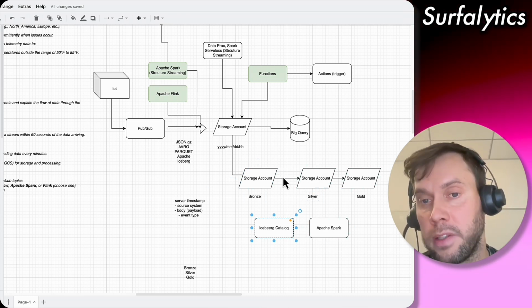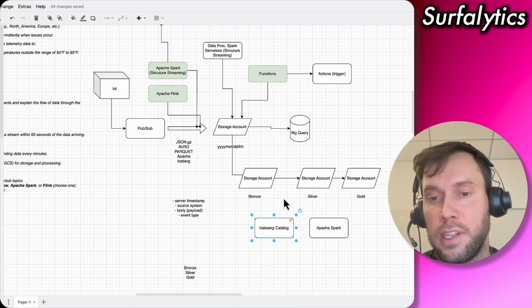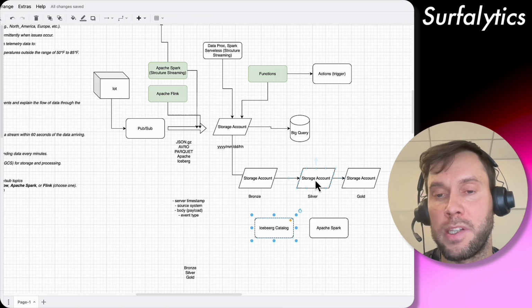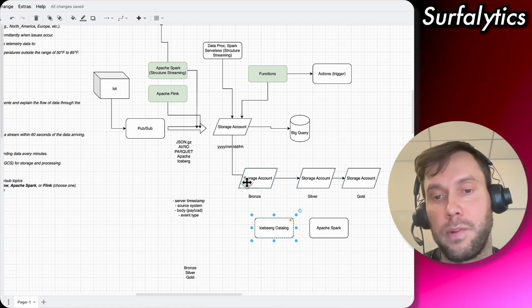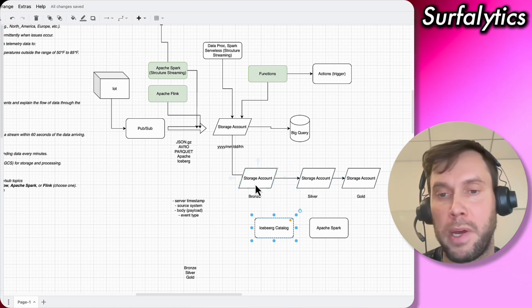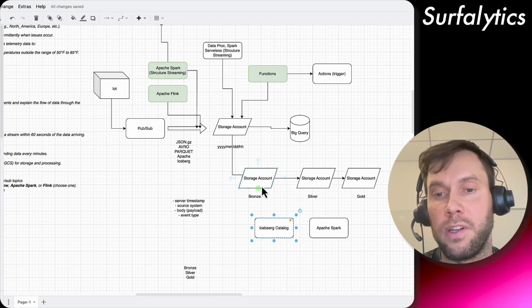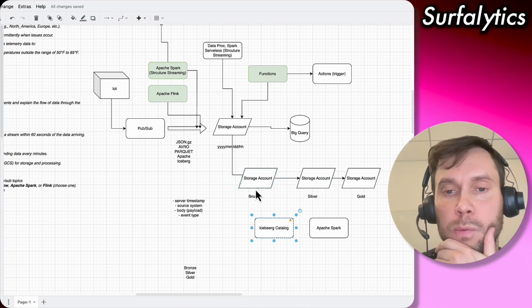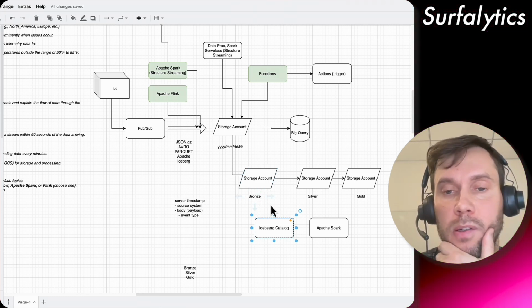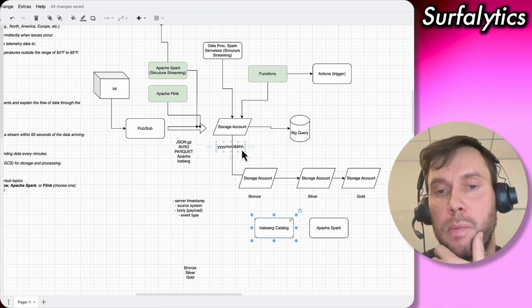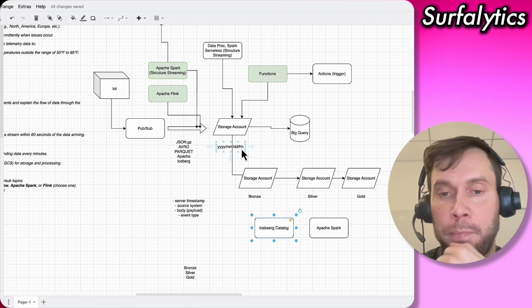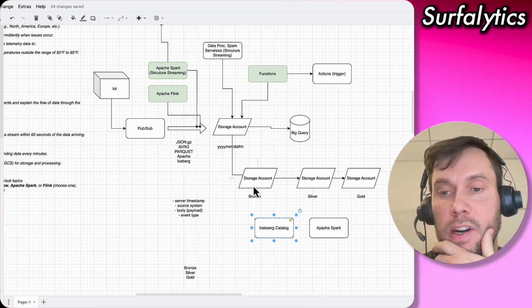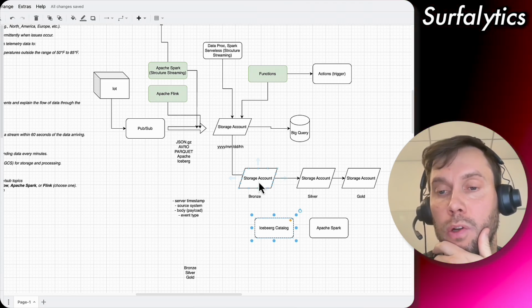In terms of how frequently I can run, for the bronze and silver, I can run it pretty often. I can even still have the streaming solution, because this is with Spark Structured Streaming, since it's append-only, no window functions, we're just collecting events. But the safe one would be, because here we have data partitioned hourly, we can have the batch process running every hour. It will process the data and save it here, and then we will move from silver to gold.